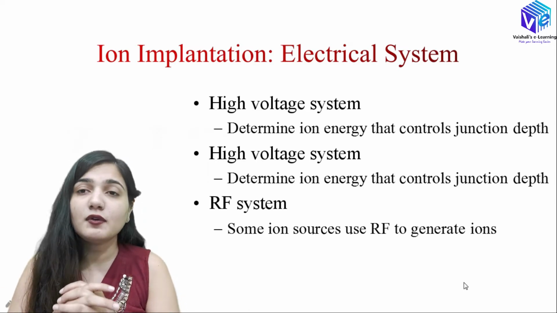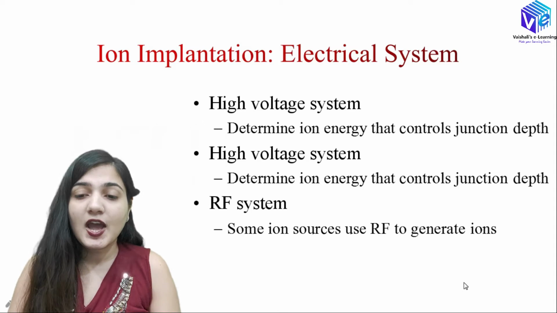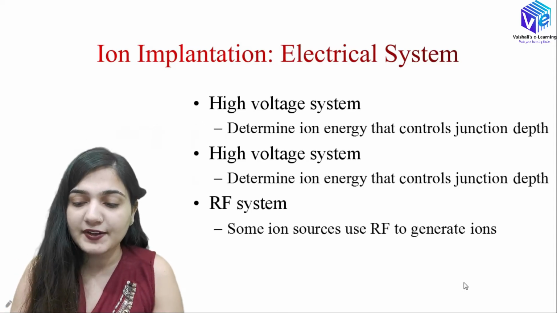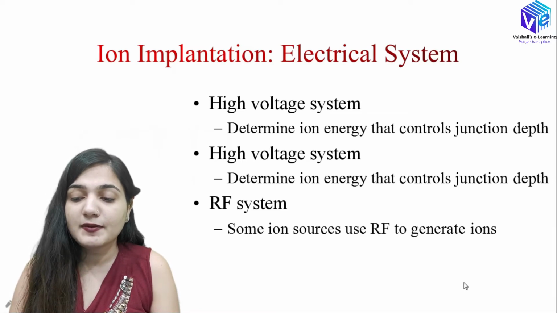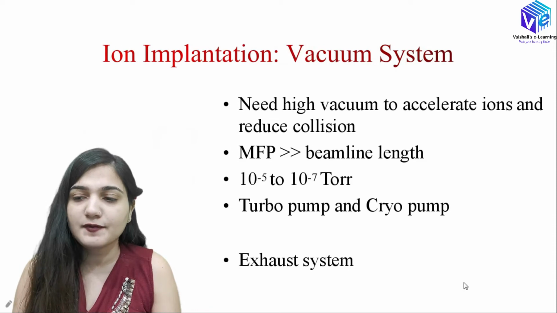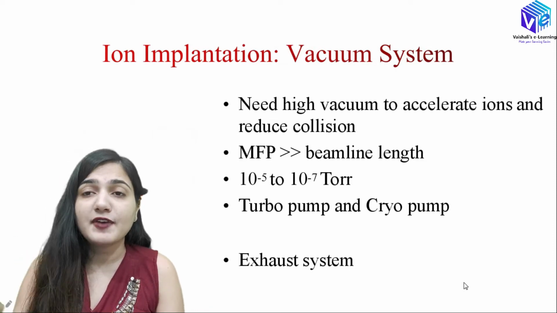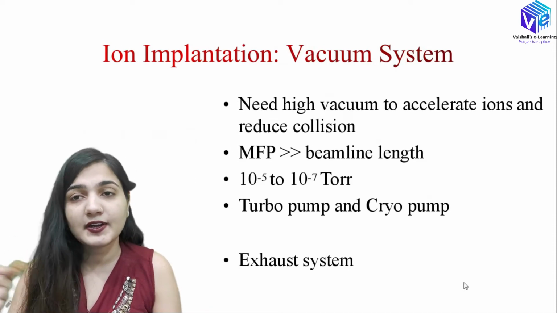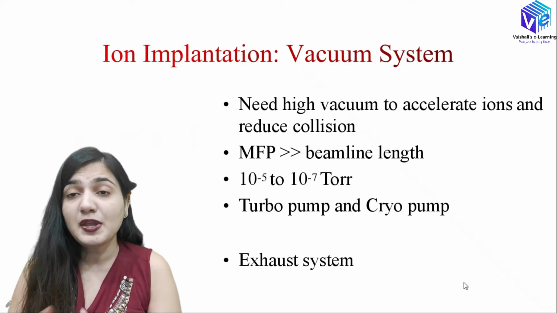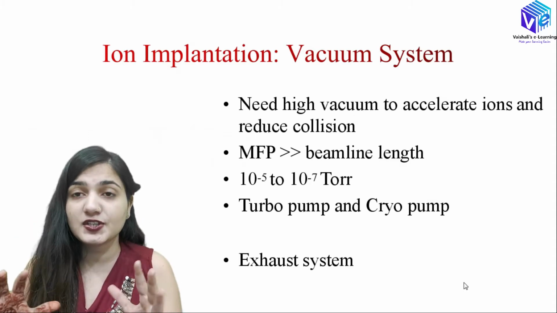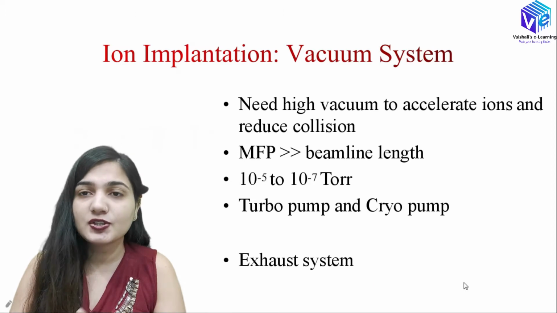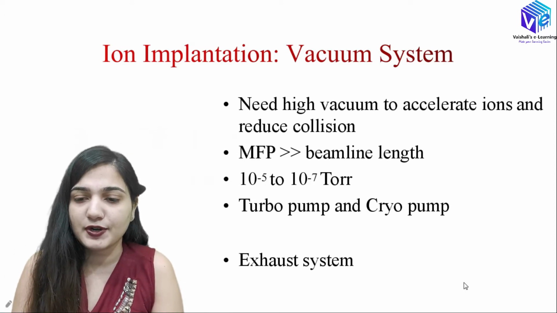So if I want to change the current magnitude, I will use the RF power. So here I will have the RF system. The RF system is used to generate the ions, and this RF system will change its value. When I change the value of the power, the current's value will change, and as an outcome the doped region changes. So I can change the RF knob, and I can change the doped region. Okay, I hope now you understood it.